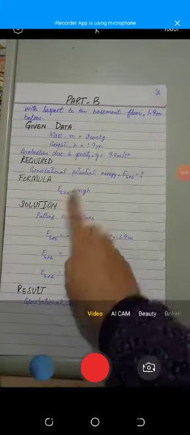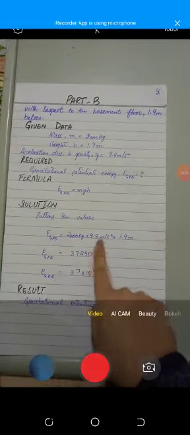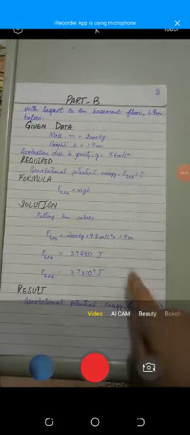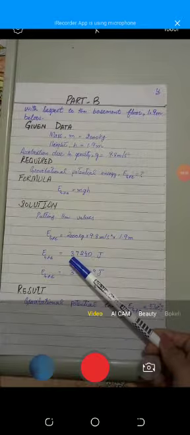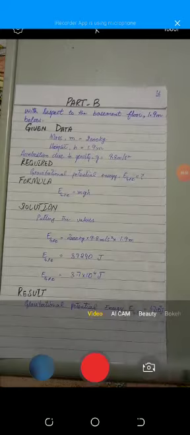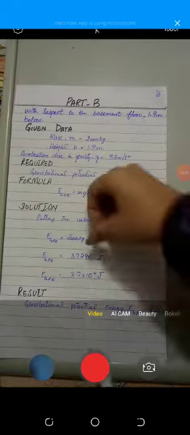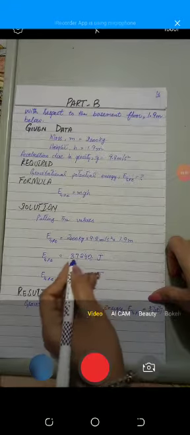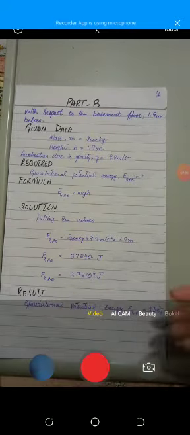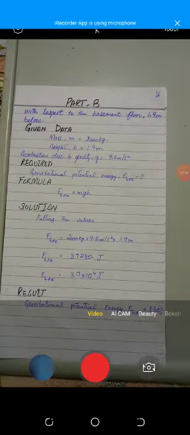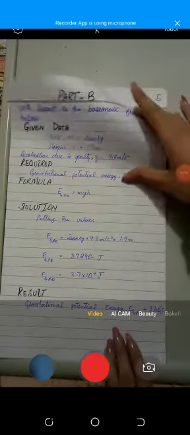Okay, we know that potential energy equals mgh. Putting the values 2000, 9.8, 1.9. 1.9 is the h which is given in the question. Multiply these three, the answer comes 37,240 joules. We convert it into scientific notation. It comes to 3.7, and we jump 1, 2, 3, 4 digits, 10 power 4. So the gravitational potential energy comes 3.7 multiplied by 10 raised to the power 4 joules.